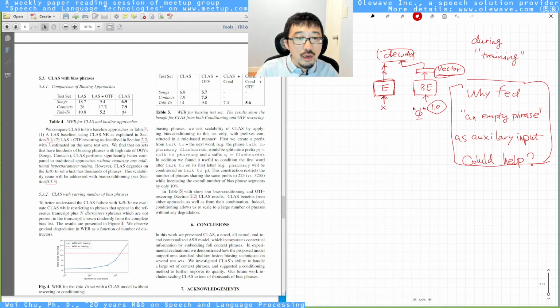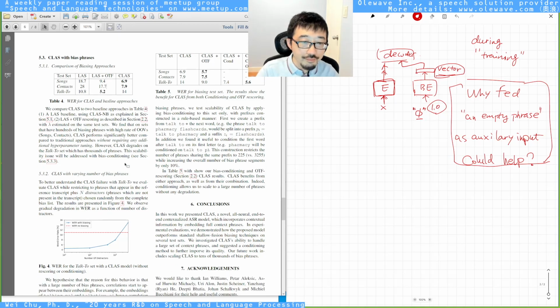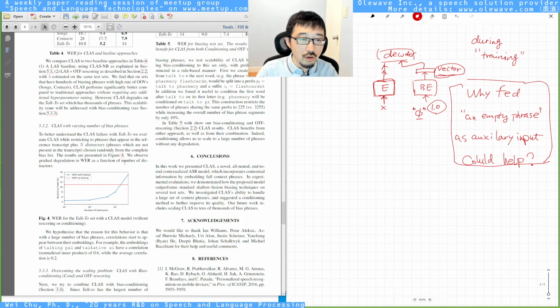That makes sense. But for the talk to task subtask, it's significantly worse than the last baseline, even worse than the last without OTF. Why? It turns out that the authors did an in-depth analysis of this, and they think the reason was because the number of distractors is too much. You can see, this is the WER without biasing, the baseline, right? But once the number of distractors,